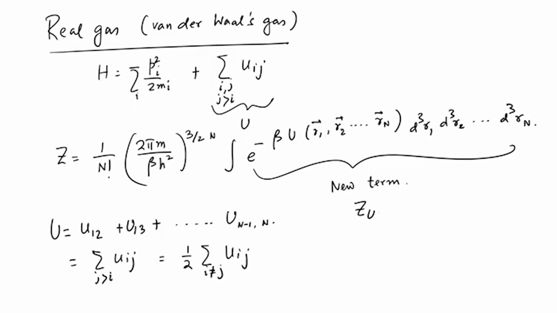These are all well known, and this u_ij depends on u of the magnitude of r_i minus r_j, so it is the potential between two molecules at a distance |r_i minus r_j|, and one can actually assume a form which is called a Lennard-Jones form,